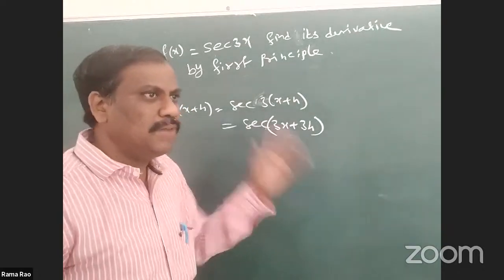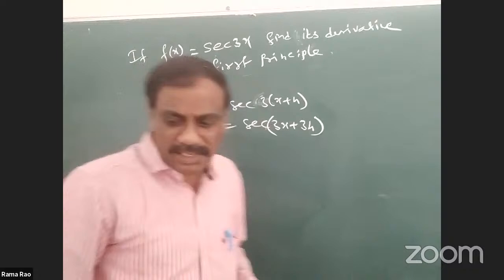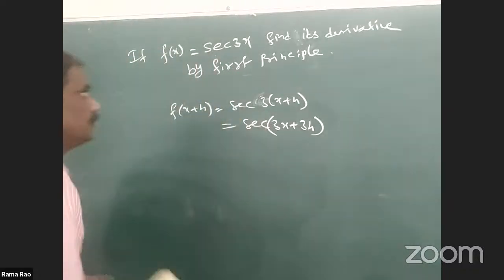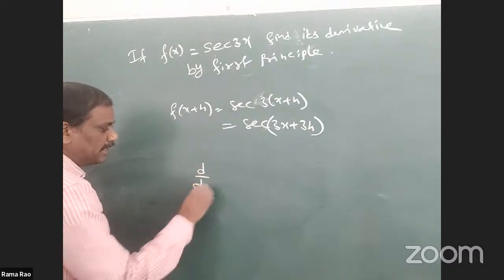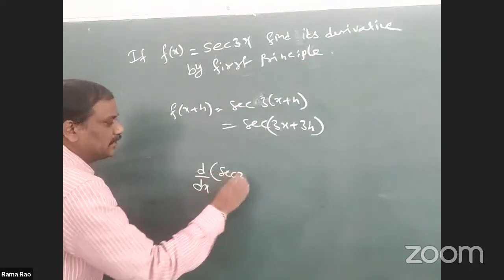Take LCM on both the sides. We can apply the cos C minus cos D formula. That's it. The solution of this function is d by dx of sec 3x is equal to